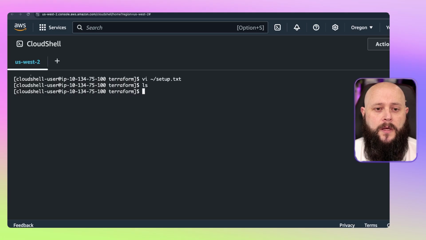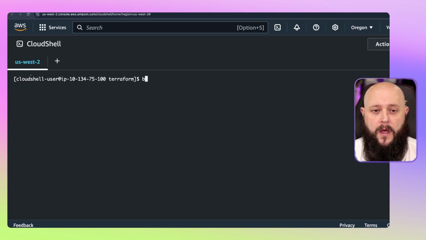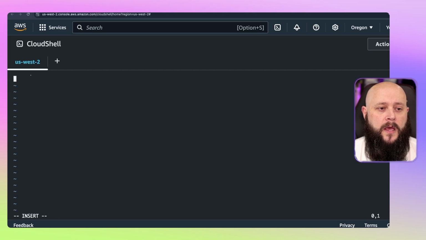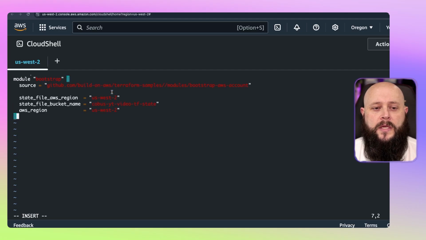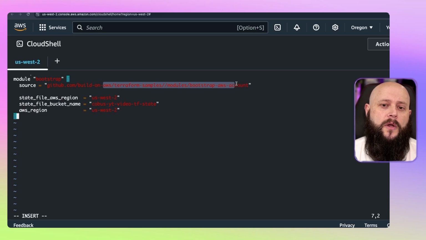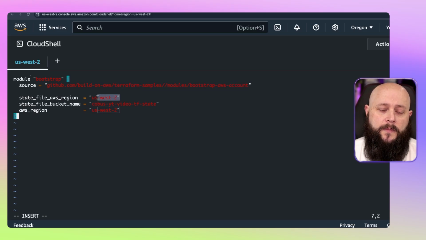Okay, as you can see here, and just to show you in the previous folder above, it's completely empty at this point. So the first step we have to do is create a file called bootstrap.tf. In here, we are going to paste a module called bootstrap. So like that. What this does is it pulls down this module, and you can go look at the code there if you're interested. But basically, we're telling it to set up the state file for Terraform using the US West 2 region. We're giving that state file bucket a name, and then we're telling it that we are going to be setting up all of our other infrastructure inside this specific AWS region. So let's go ahead and do that.